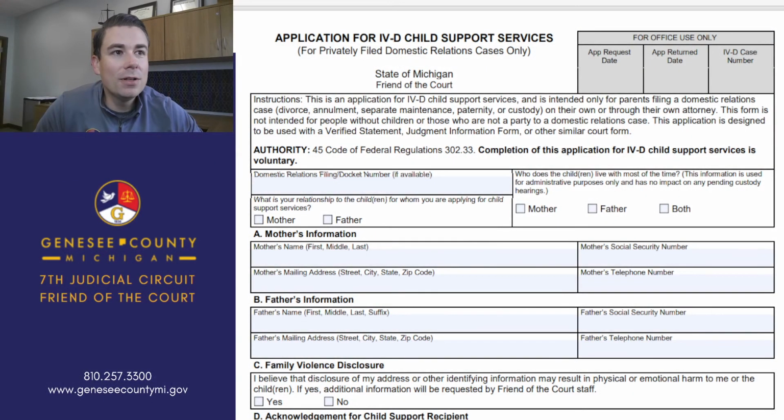Okay, so here you go. You can see the form right here, and you can always get this form at the Genesee County Friend of the Court's website, or you can get this form on one of the other sites that we've just recently shown you, which is the My Child Support website, or through the MiSDU website. So when you get there, no matter how you get the form, first thing you want to do is get